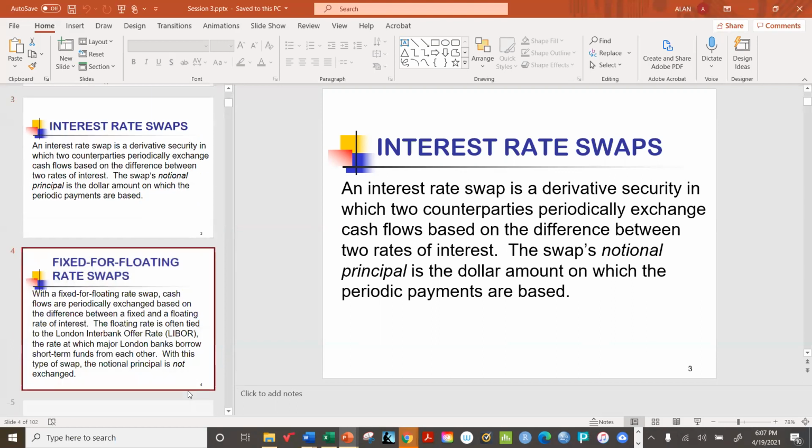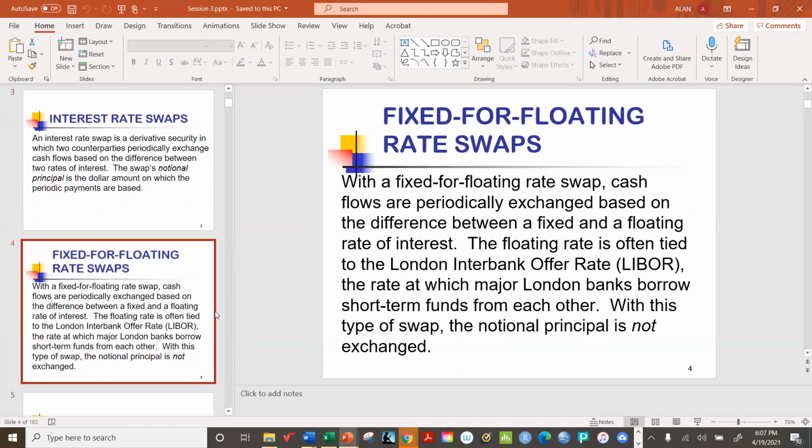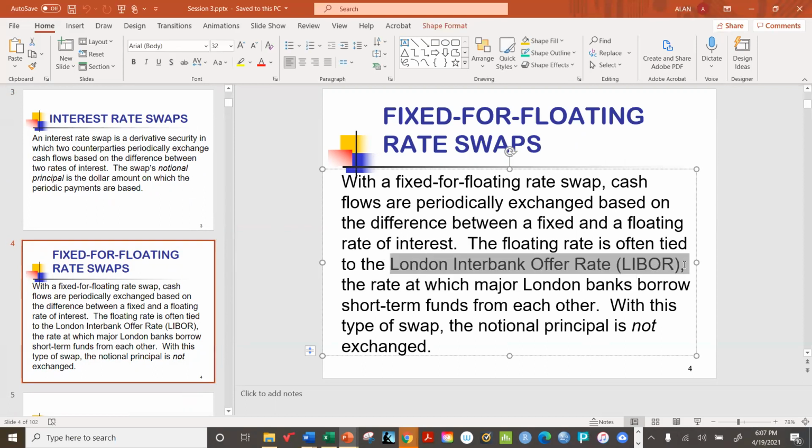It just so happens, though, that the most popular approach is to use what's called a fixed for floating rate swap, where one interest rate is fixed in advance, and that could be literally any number. And then the other side would be a floating rate swap, which frequently is tied to LIBOR, although it doesn't have to be. It can actually be tied to any rate you could imagine. For example, it could be the federal funds rate. It could be the prime rate. As long as there's a short rate of interest out there that resets periodically, we can use it to underlie